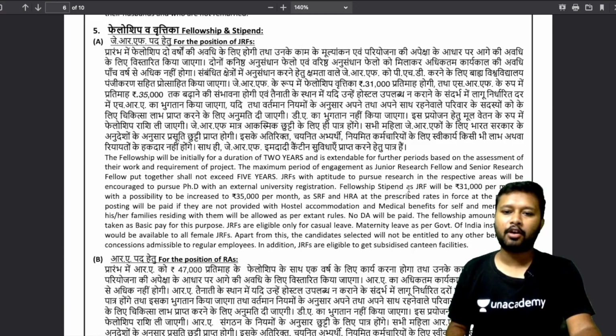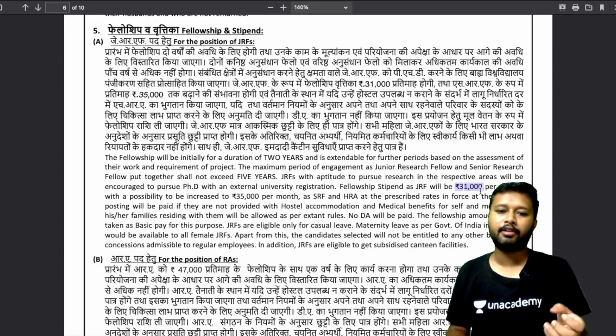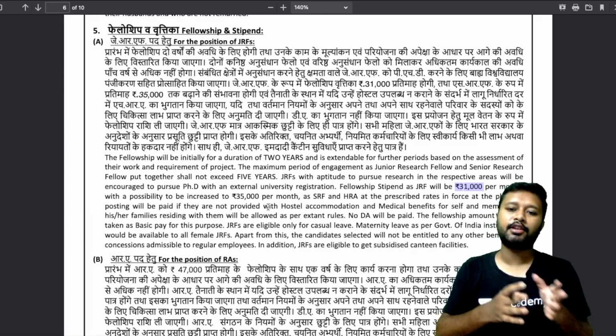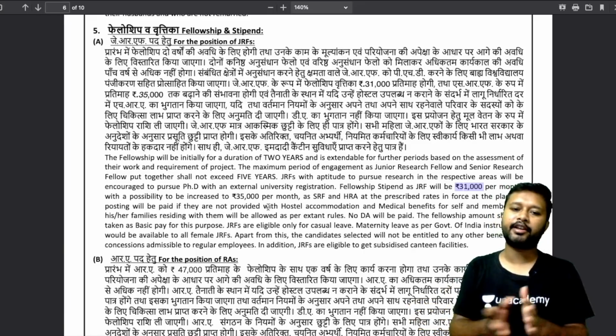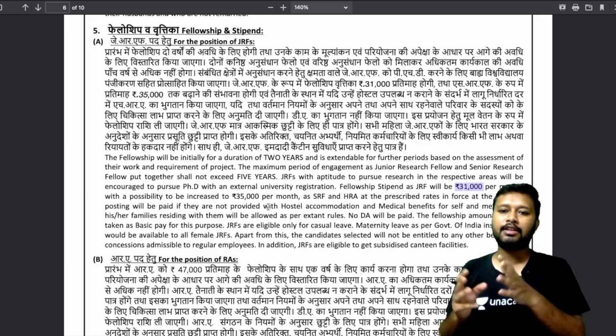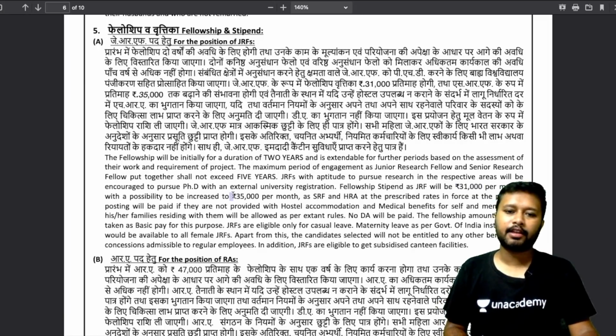A fellowship of 31,000 will be given for a JRF position. If you are applying for the JRF position, 31,000 per month will be allowed. It will become 35,000 when you become SRF after 2 years. So the initial 2 years will be 31,000, as a PhD candidate gets, it is equivalent to that. So for 5 years, the first 2 years is a JRF equivalent fellowship, and the next 3 years an SRF equivalent fellowship, that is 35,000